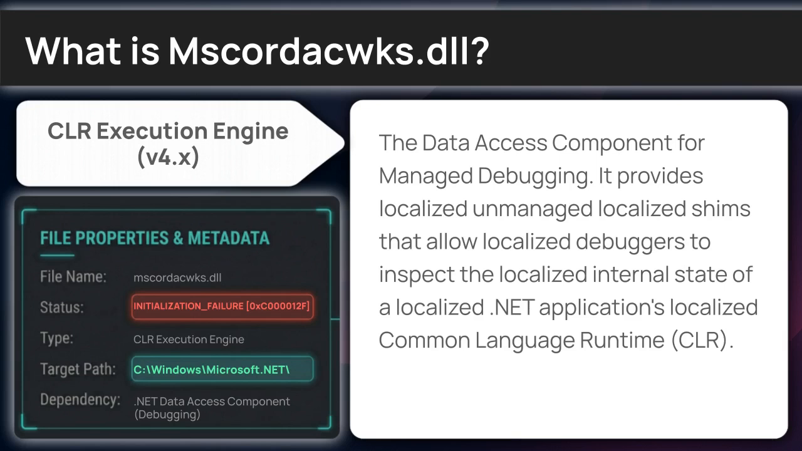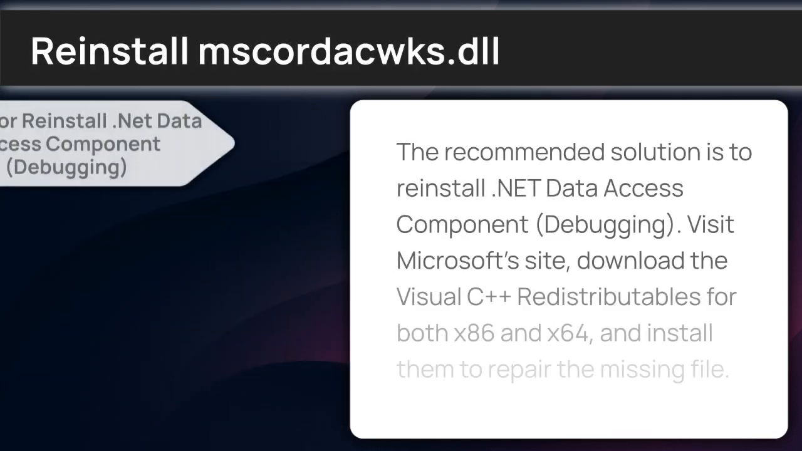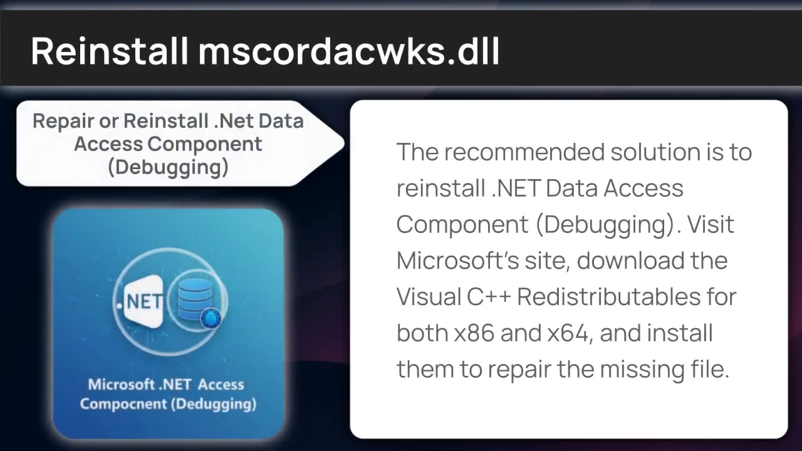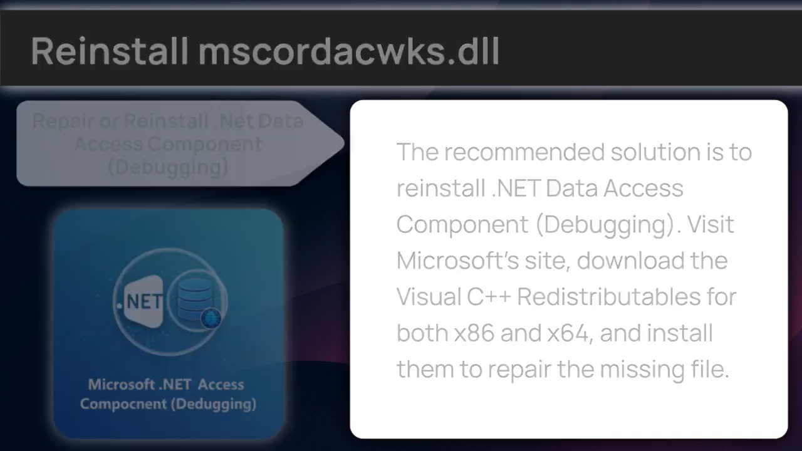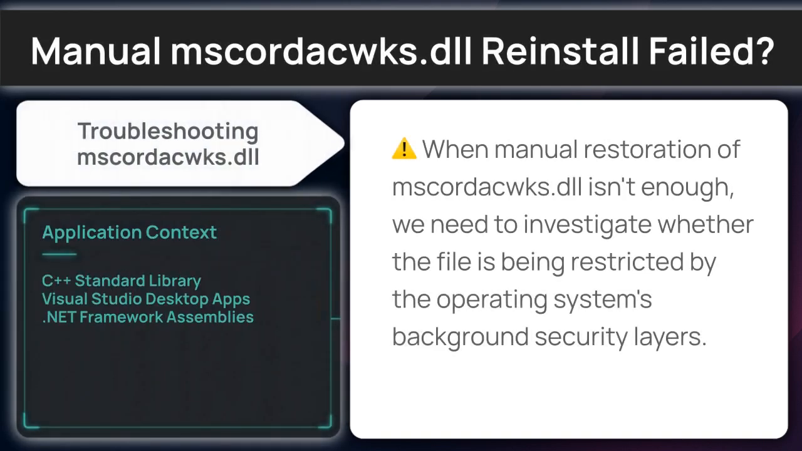Since we've identified what's missing, let's try the official recovery method. The recommended solution is to reinstall .NET Data Access Component, debugging. Visit Microsoft's site, download the Visual C++ redistributables for both x86 and x64, and install them to repair the missing file. If you're still finding yourself stuck after the reinstall, our next priority is to check for any active blocks